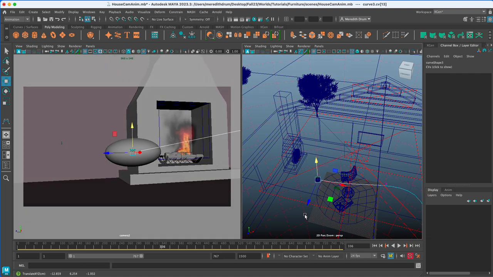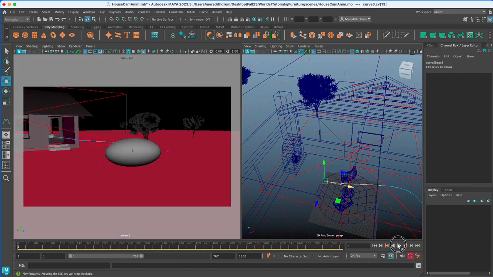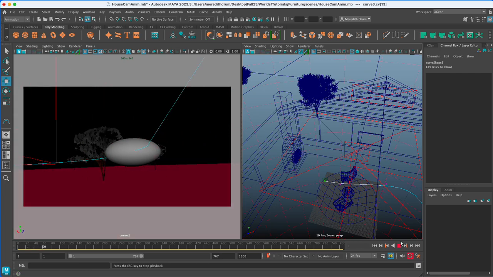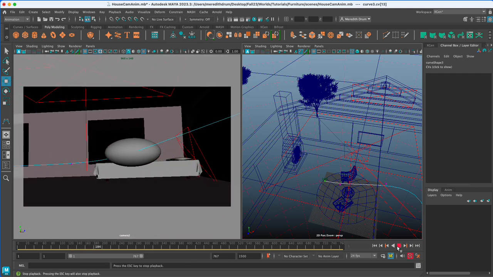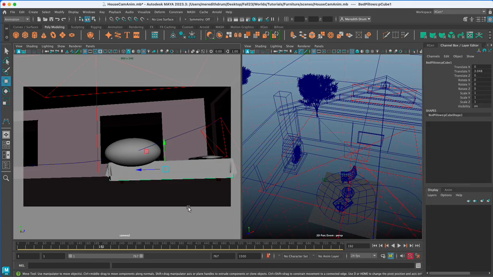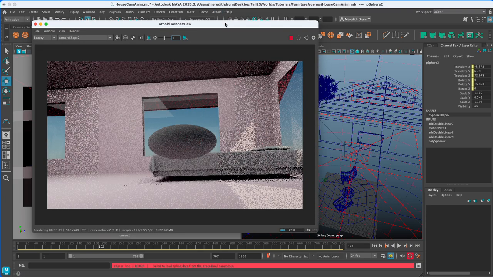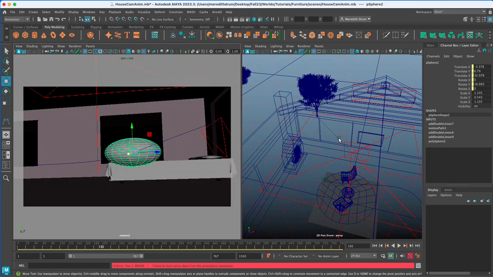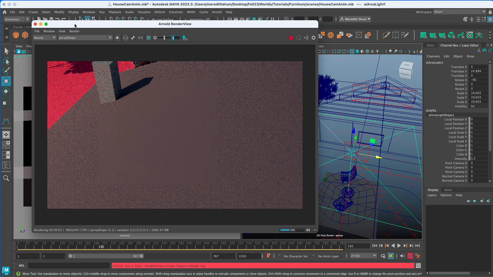Maybe you can play around with it, but just know that you're not stuck with that, and it can be kind of fun. You could also play with the time, how long it takes to do that path, but I'm going to leave it as it is. Let's just see what it looks like when we render from this view. You have to have your camera view active here in order for it to know to render through that view. So for instance, if I last clicked in this view, it's going to render that view. You can see it's rendering the roof.